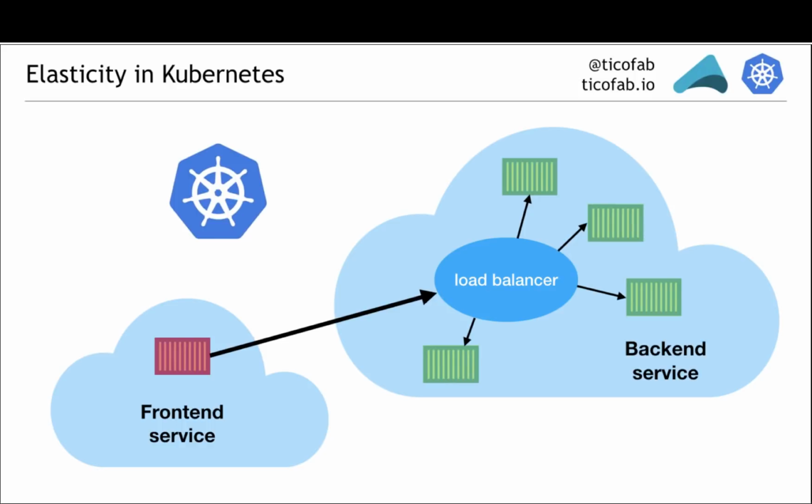Well, then you can use a load balancer provided to you by Kubernetes so that the front-end service only talks to the load balancer without being aware of how many instances of back-end services there are. If Kubernetes sees that we need more instances of the backend service, it will just spin up a new one right there